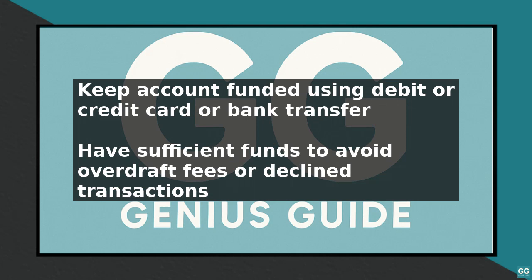Use the Revolut app to track your transactions and account activity in real time. The app allows you to set up notifications, track your spending, and freeze your card if it is lost or stolen. You can also use the app to send and receive money internationally, making it a convenient and cost-effective way